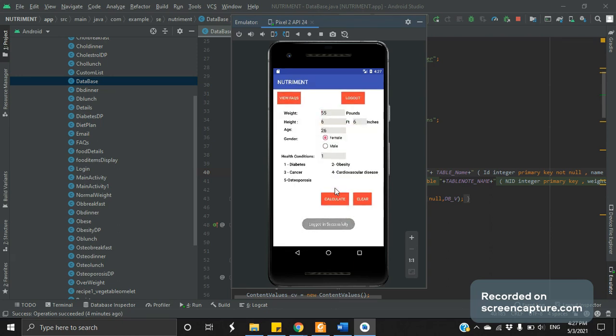It shows that I successfully logged in, and I can also see that the details that I entered previously, like weight, height, age, are successfully saved in the database. So now let's say I've been cured of diabetes and now I've been affected with osteoporosis. So I change this number to 5, the next health condition, and then click on calculate. Then it will show me the calories that I need,